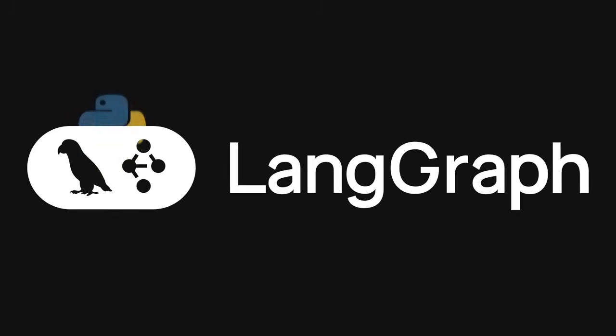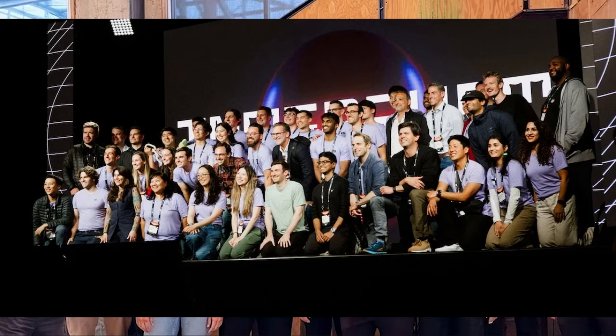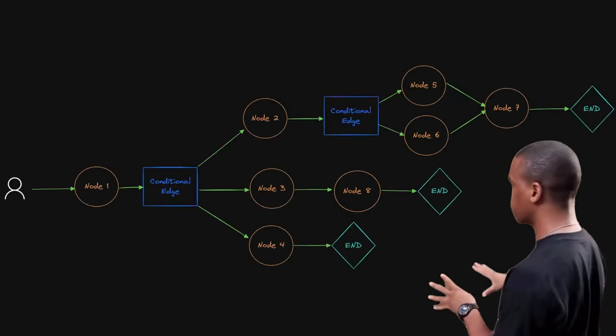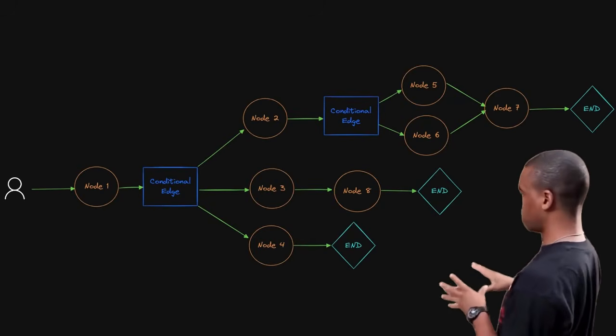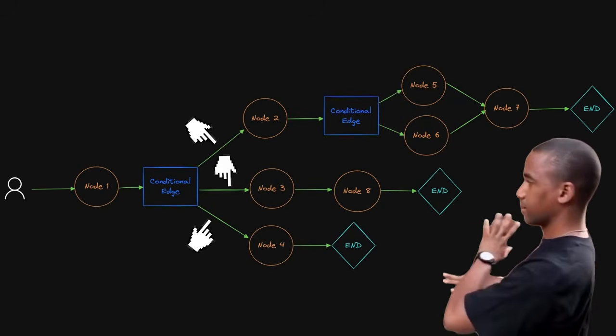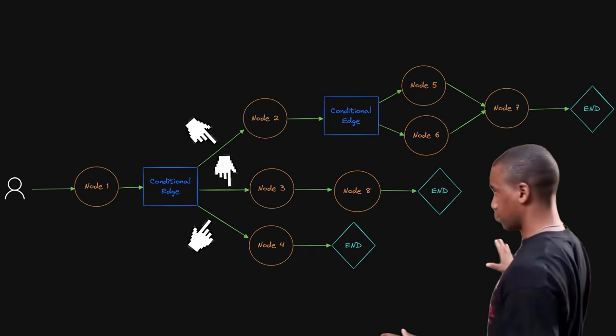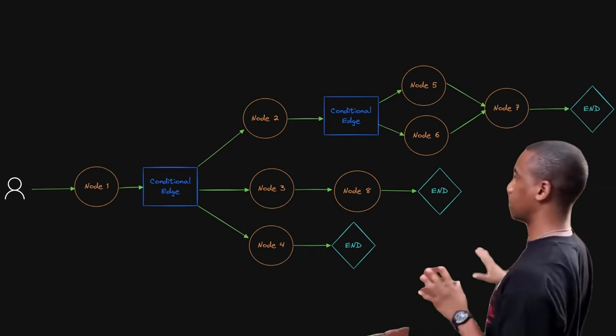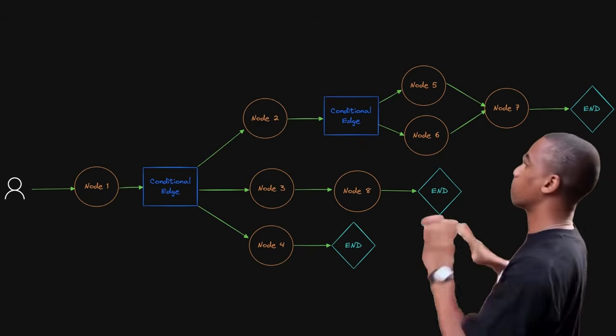LangGraph, a Python framework for building AI agents, built by the same team behind LangChain, and the two are layered together. LangChain gives you the components, LangGraph gives you the runtime those components actually run on. It represents an AI agent as a graph instead of a straight line. Every step is a node, every decision about what happens next is an edge, and because it is a graph and not a chain, it can loop, branch, wait, and pick back up exactly where it left off.